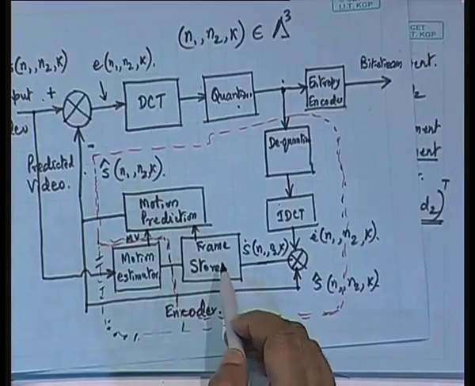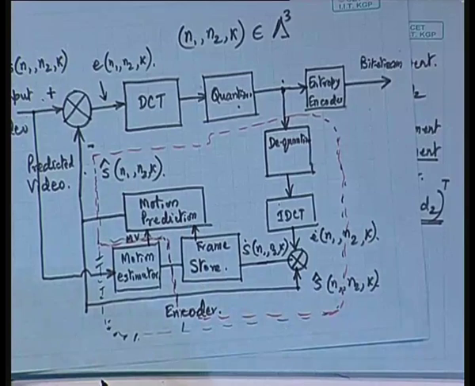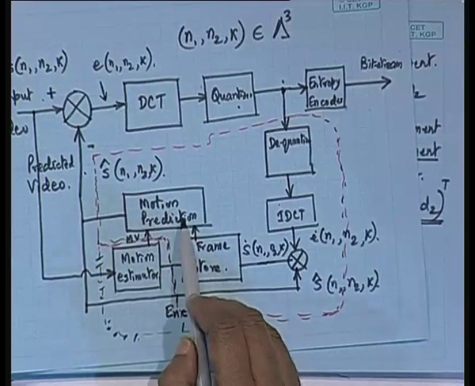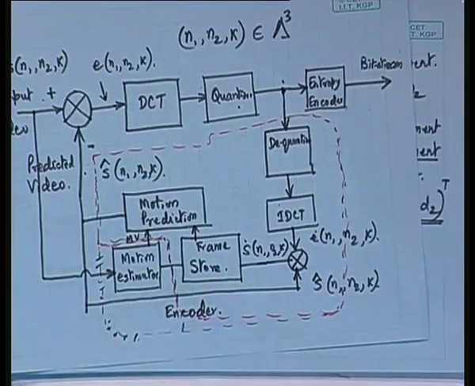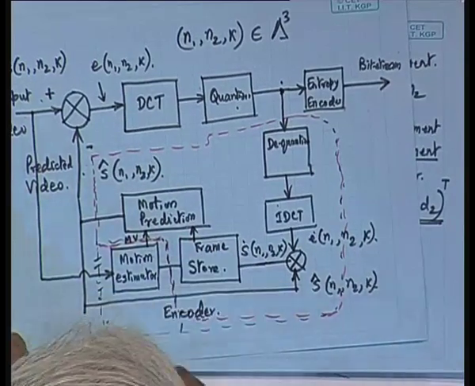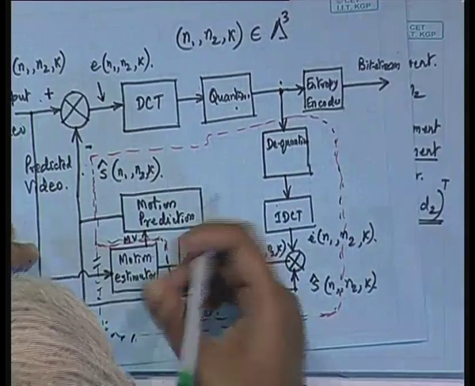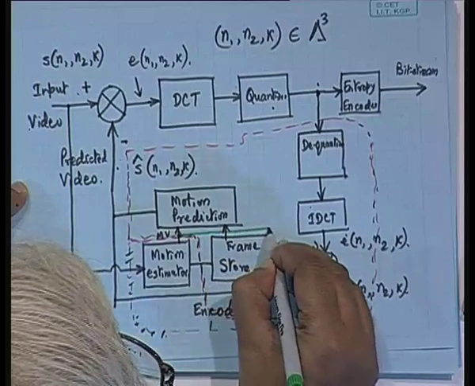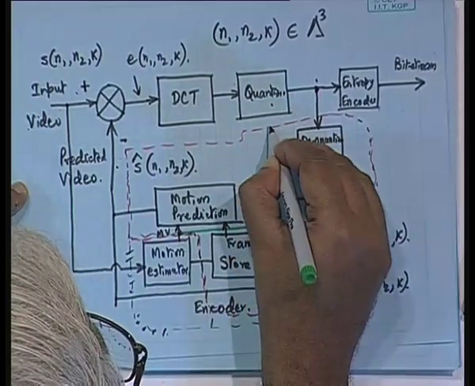For motion prediction, what do we require? We require the stored frame and the motion vector. That means the decoder must get the information about this motion vector. So, this motion vector also has to be sent in the bit stream. So, we must derive a tapping from here. Just to avoid clumsiness in the drawing, I use a different color. So, this is the motion vector which will go